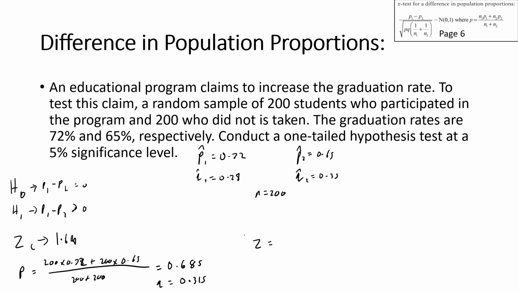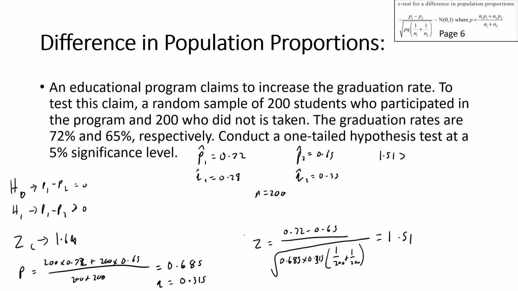Z is equal to P1 minus P2, so 0.72 minus 0.65 over the square root of the normal P times Q, so 0.685 times 0.315, times 1 over 200 plus 1 over 200, which is 1.51. Since 1.51 is less than the critical value,